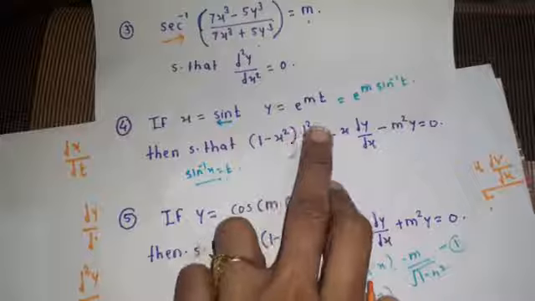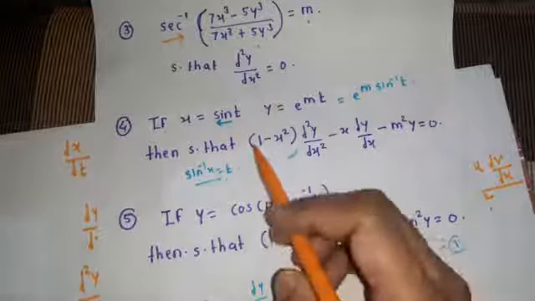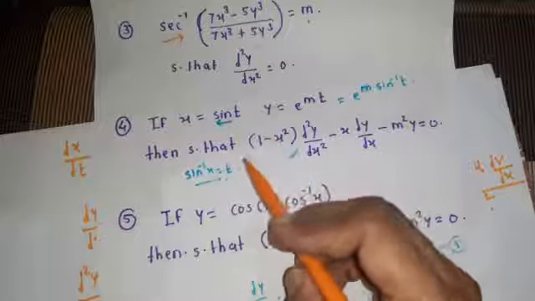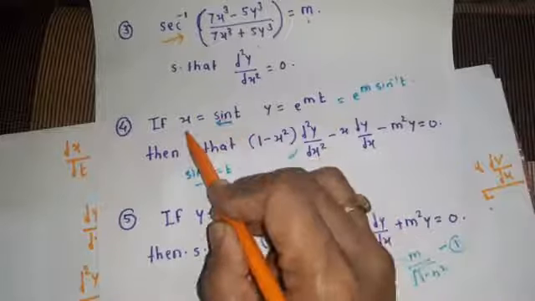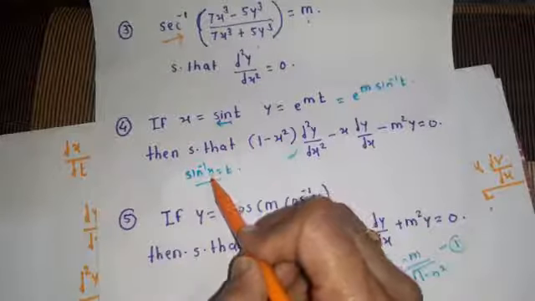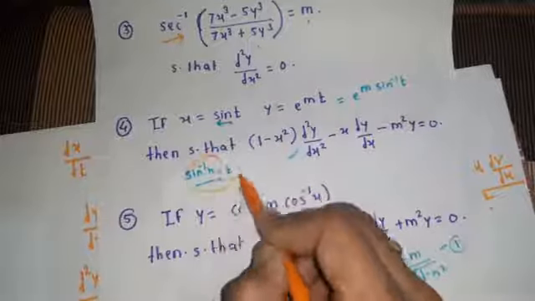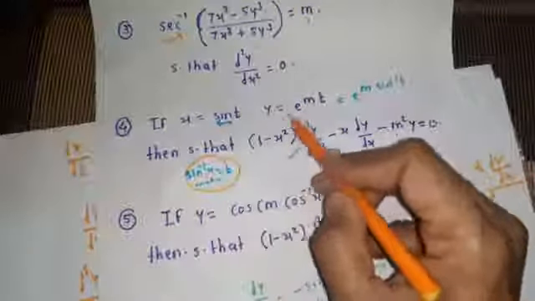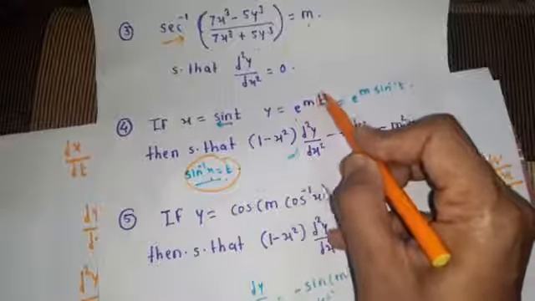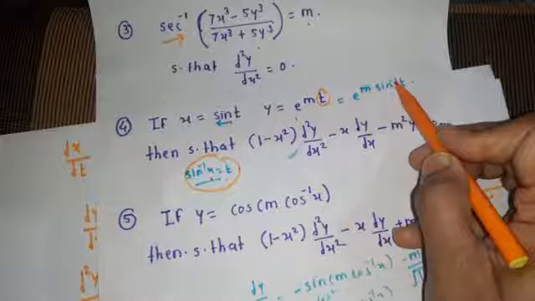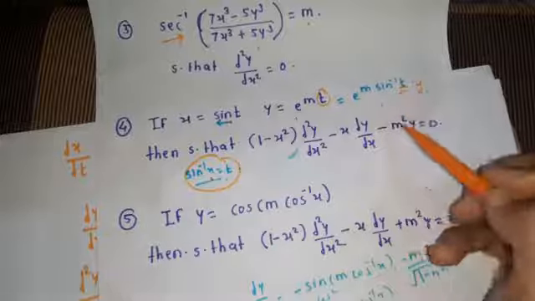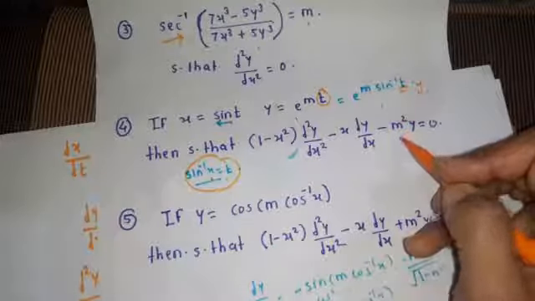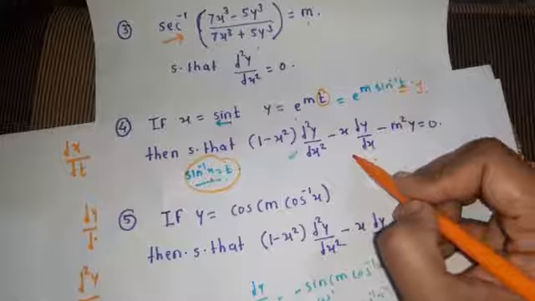In the next problem, x equal to sine of t, y equal to e raised to mt. In this problem, we have solved the same type of problem in the video, students. So to solve this, here x equal to sine of t, shift sine to that side, you will get t equal to sine inverse of x. Put the sine inverse of x in the y function, that is y equal to e raised to m, put the value of t, you will get e raised to m sine inverse of x. Now this is the y function. Differentiate this, you will get dy by dx. Again differentiate dy by dx. Adjustment is there, you will get this proof.